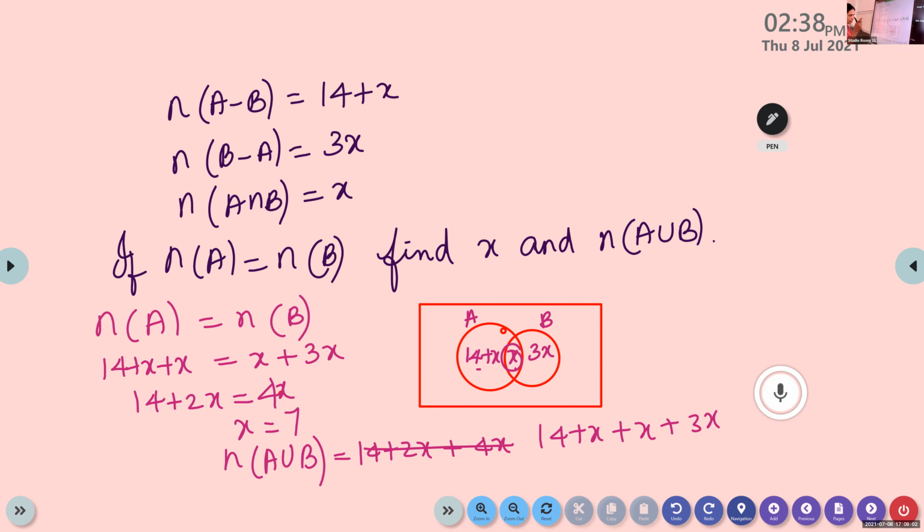If someone is giving the correct answer, who is it? 49. 49 is the correct answer. Alan, Jofi, check whether you are getting this answer. Okay, good. Joel, do you get my point here? Yes, ma'am. So in your textbook, you have questions with 3 sets, but we are not doing that one.